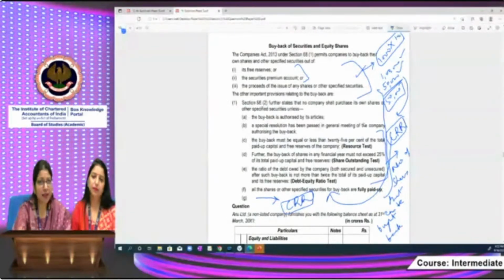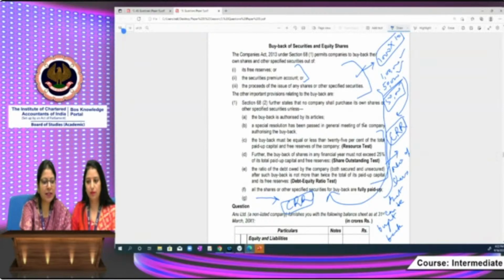But in certain circumstances, we are asked in the question that you have to calculate the number of shares which can be bought back. In that case, there are three tests which we have to apply. First test is resource test. It means the buyback can be possible only for that much amount which is less than or equal to 25% of the total paid up capital and free reserves